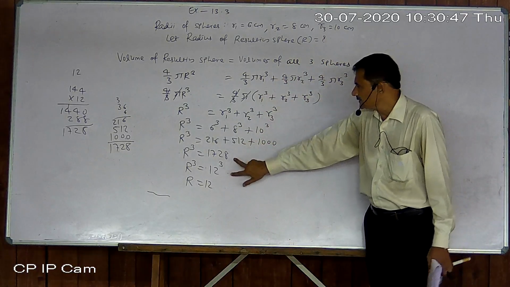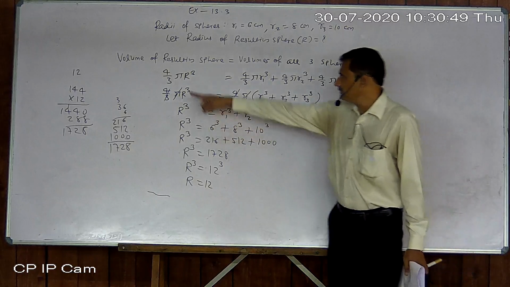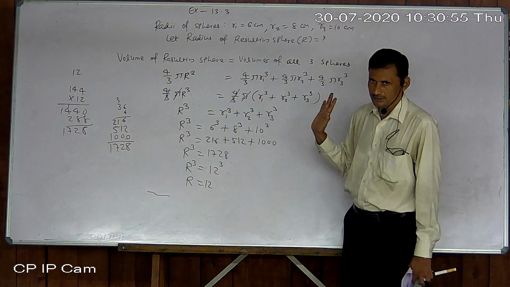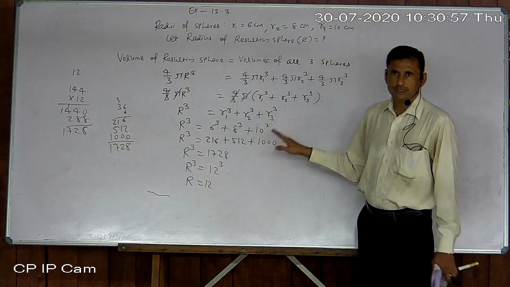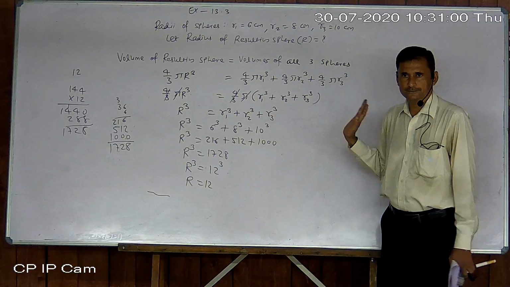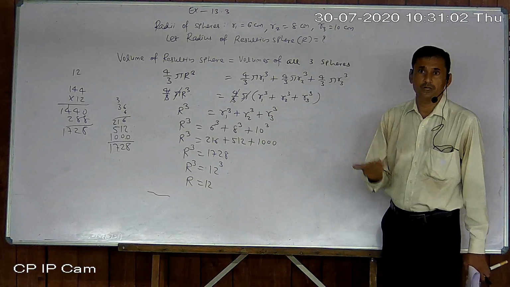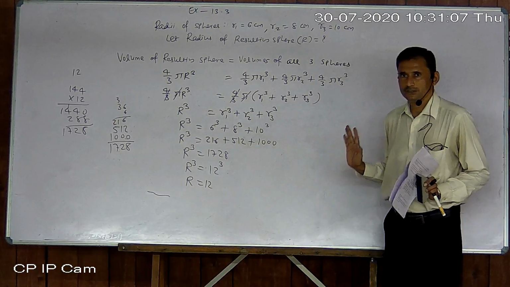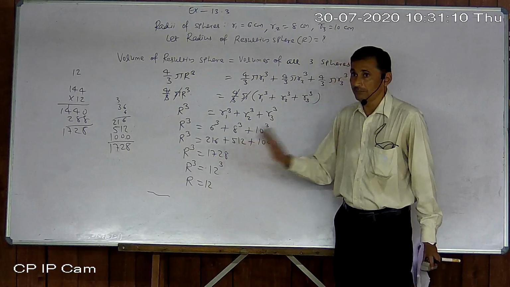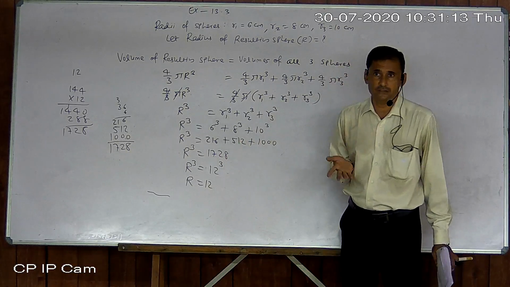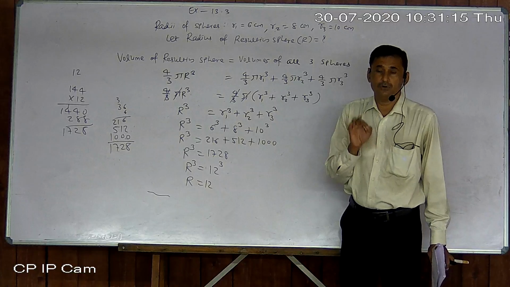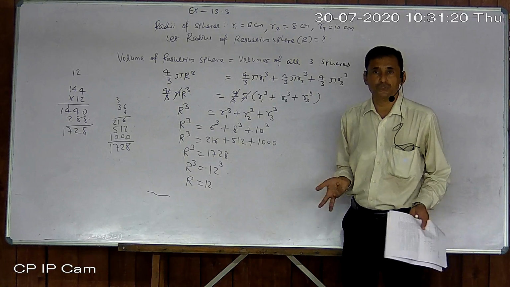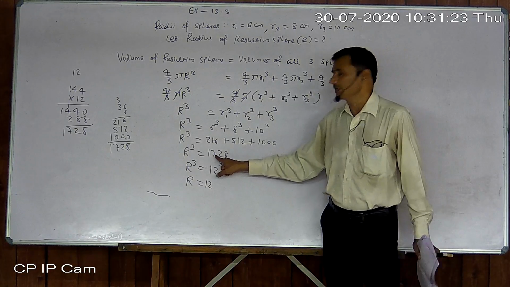Just understand here, why I multiply 12 only, not 11? First of all, it is more than 10, obviously. Never less than 10. The answer will be bigger than the biggest one. Now for 11 cube, 12 cube, 13 cube, 14 cube, only by trial and error you have to find it. And it must be a perfect cube number. If it is not a perfect cube number, then we cannot find it. There is no simple method of finding cube root, so we have to use a log table. Now you don't know how to use a log table, so it must be a perfect cube number.